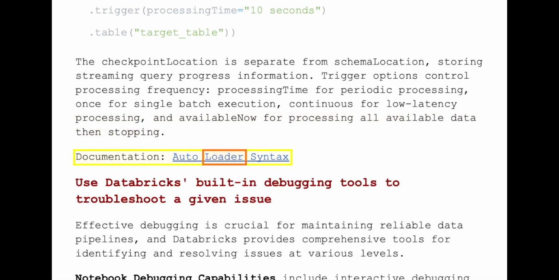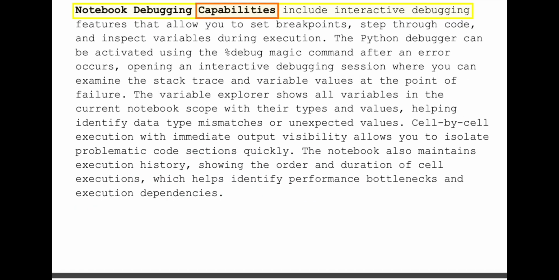Documentation: Autoloader syntax. Use Databricks built-in debugging tools to troubleshoot a given issue. Effective debugging is crucial for maintaining reliable data pipelines, and Databricks provides comprehensive tools for identifying and resolving issues at various levels. Notebook debugging capabilities include interactive debugging features that allow you to set breakpoints, step through code, and inspect